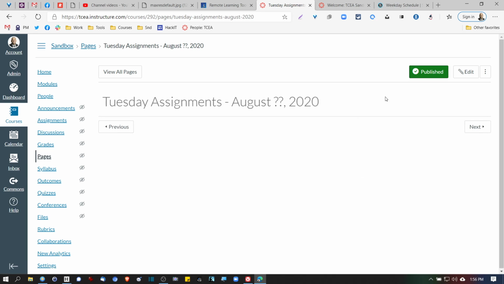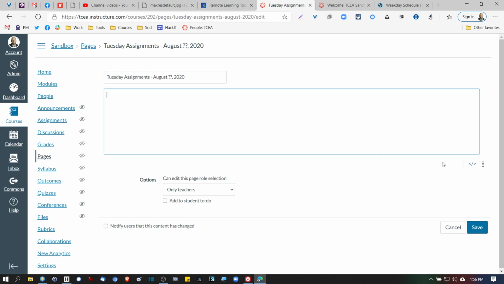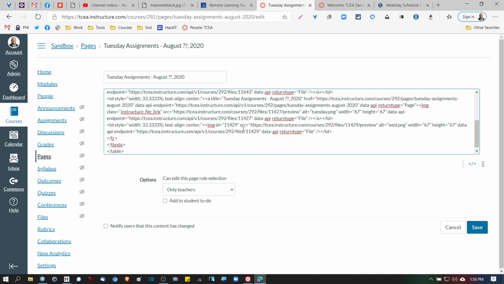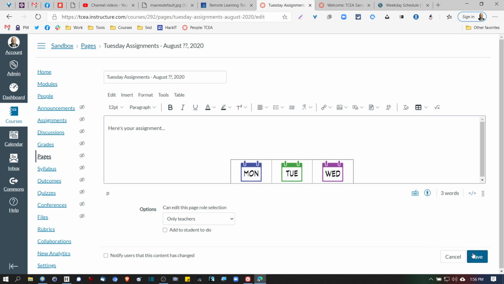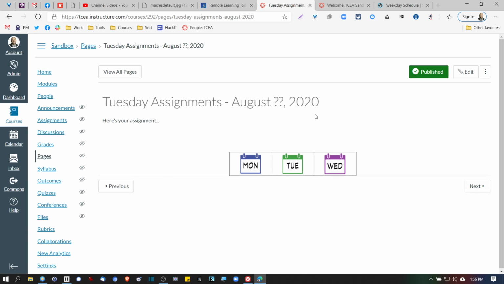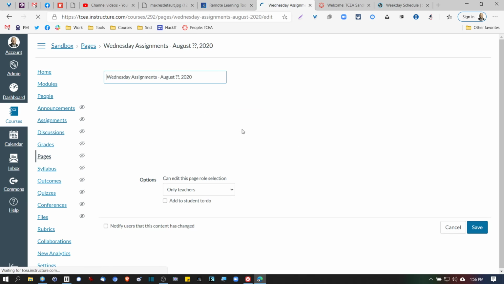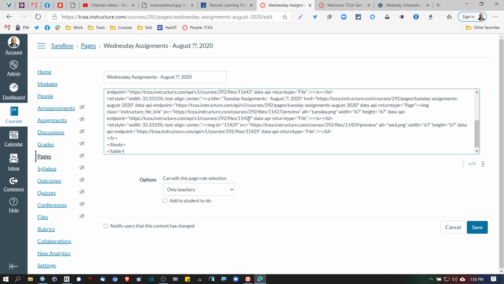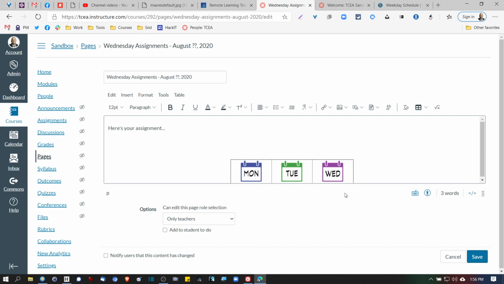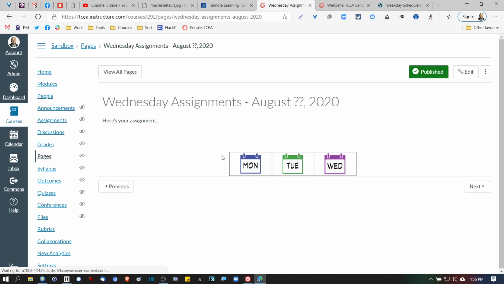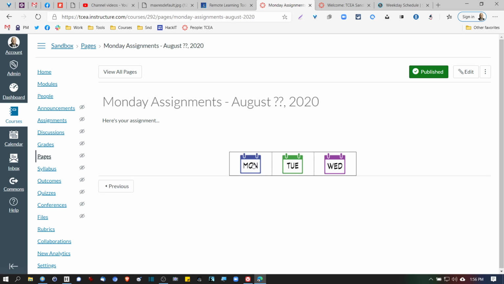click on my Tuesday, and then I'm able to just quickly paste in, and as you can see here, I have an identical page for Monday and Tuesday and Wednesday. That's curious. Looks like my Wednesday didn't quite come across. Again, the whole idea here is that you're making it easier to navigate your site, and you can quickly jump around using these buttons